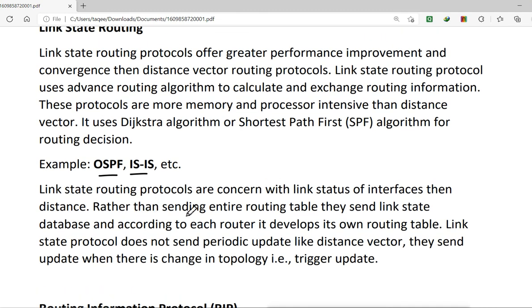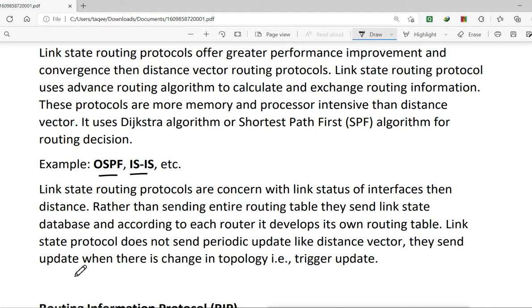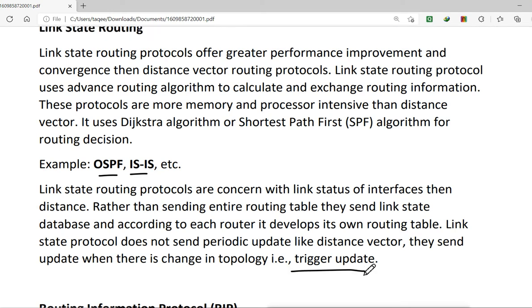Rather than sending the entire routing table, they send a link state database, and according to it each router develops its own routing table. Link state protocols do not send periodic updates like distance vector. They send updates, triggered, when there is a change in network topology.